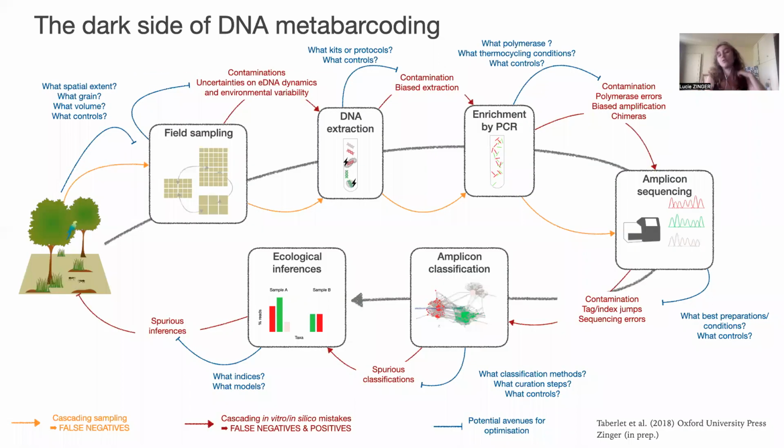Something that I did not mention at all during my talk is the fact that DNA metabarcoding, even though it is a very powerful technique, has a lot of dark sides. In particular, you can introduce a lot of different noise at each step of the data production process. So what you really need to remember, when you want to implement a DNA metabarcoding analysis, is to take care of your experimental setup so that you minimize all these biases, and you include a variety of controls to really quantify the amount of this noise through the data production process.